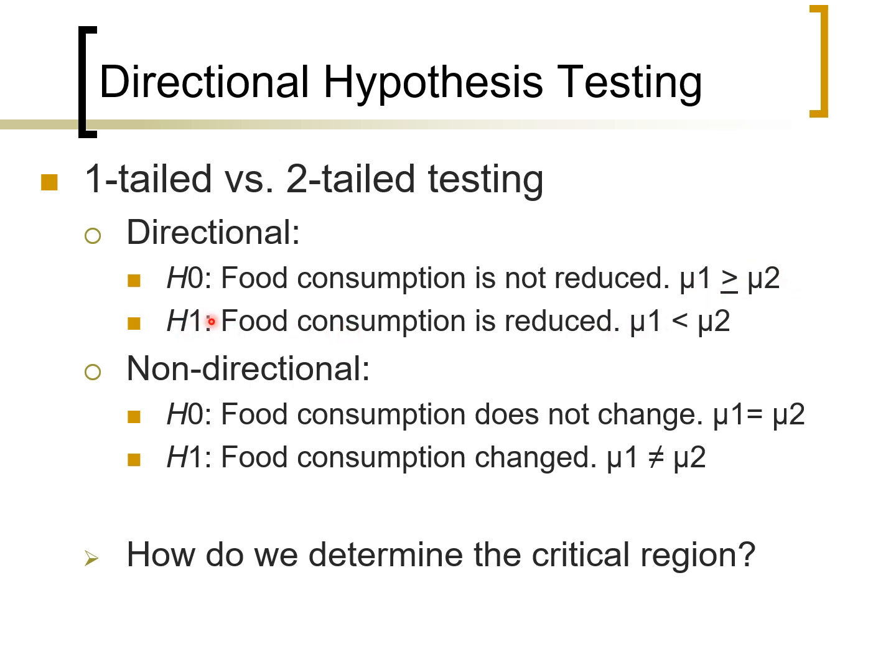How do we phrase our alternative hypothesis? Food consumption is reduced. One mean is lower than the other mean. Now, for the non-directional hypothesis, we just say the two means are not different, training mean and not trained mean. The null hypothesis says they are the same. And then our alternative hypothesis says they're different. They are not equal. And we're not saying that we predict one to be higher than the other. Here with the directional hypothesis, we are predicting one to be higher than the other.